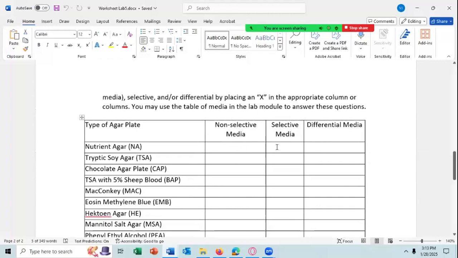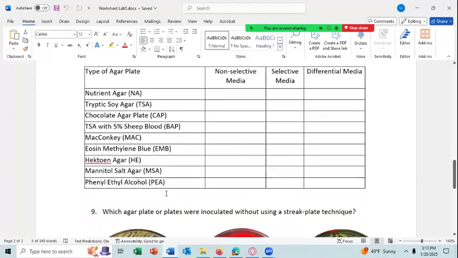And then tell me for tryptic soy agar, tell me for chocolate agar, tell me for blood agar plates, that's TSA with 5% sheep's blood or BAP. Tell me for MacConkey agar, EMB agar, HE agar, MSA agar, and then PEA, phenyl ethyl alcohol agar. Any questions about